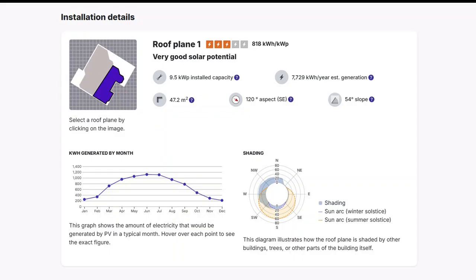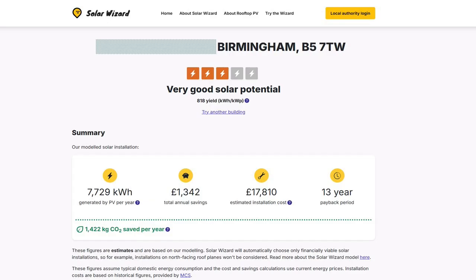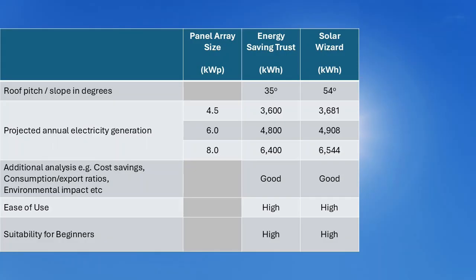With a predicted panel coverage area of 47.2 square metres, the tool suggests 9.5 kilowatt peak of installed panel capacity, which, for example, using 450 watt panels, would require around 21 panels. The estimated installation cost of nearly £18,000 is quite possibly well beyond the budgets of most households. But these figures are maximums, and as we've seen, it is fairly simple to scale the size of the system